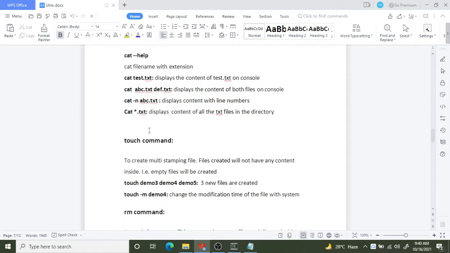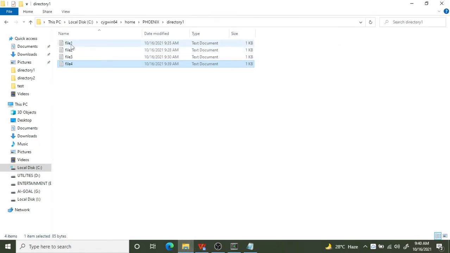Now the last command is the star wildcard. You guys know about the wildcard. You can substitute anything, any text, and it will substitute that value. Here I want to see the content of all txt files in that particular directory. I'm inside directory 1 and we have created a few files: file1, file2, file3, file4.